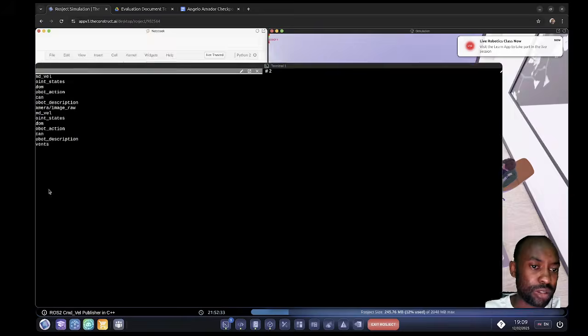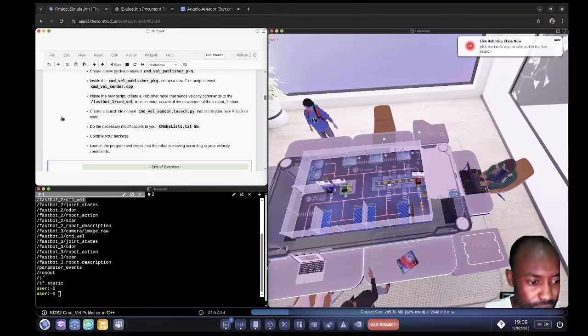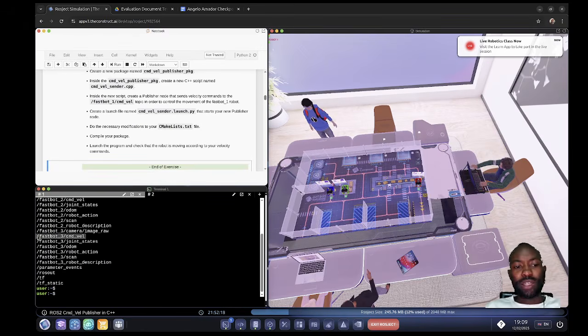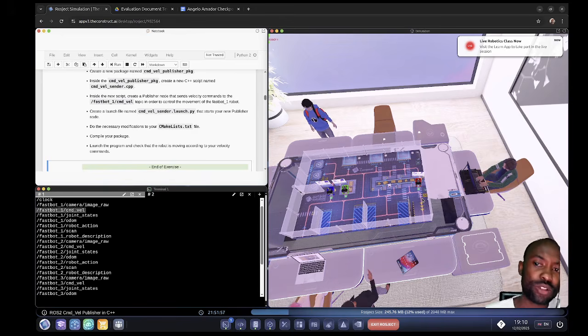So if you look at what's happening here, we've got fastbot 2, which is for the green one. Let me double check if that's the one with the number 2. Yes. And then we've got fastbot 3 command vel. That is the topic that fastbot 3 will listen to for command velocities. And then we have fastbot 1 command vel, which is here. This is the topic that our red fastbot listens to